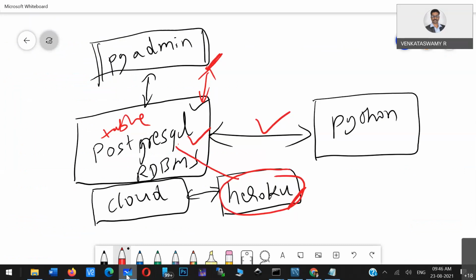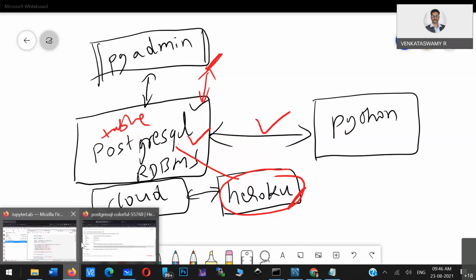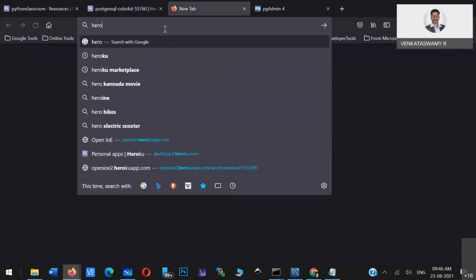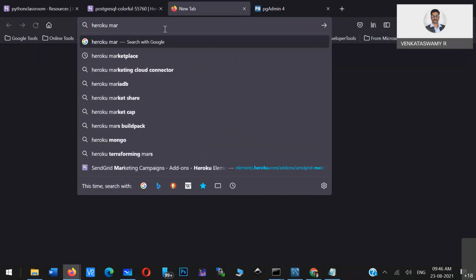And a lot of homework is there for you. Go to heroku.com and register yourself. And for your understanding, go to the Heroku marketplace.